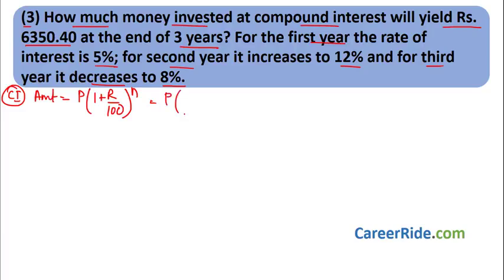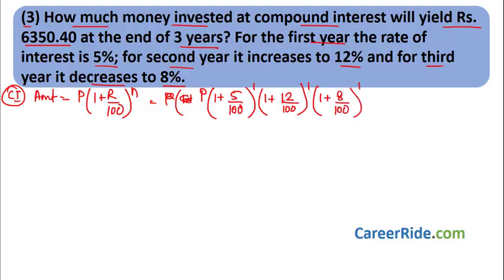This is the principal amount. Then for the first year, what is the rate of interest? What is the principal amount given? We do not know. Let us assume the principal amount to be P. For the first year, what is the rate of interest given? 5% divided by 100. Now this 5% is only for 1 year. That is first year, 1 year. So we'll have time period as 1 multiplied by, what is the second year rate of interest? 12% divided by 100. Now this 12% is only for 1 year. That is the second year, right? So multiply by raised to 1 because time period is 1 year, plus 1 plus 8 upon 100 raised to